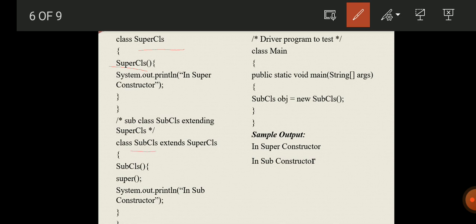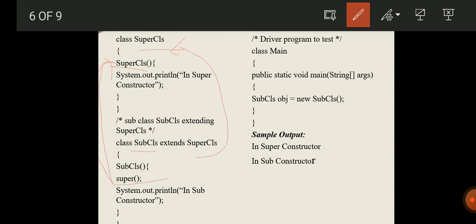Next we have the subclass, which extends the superclass, and in it we are calling super(). The super() call will invoke the superclass constructor. Then it will print "in subclass constructor".